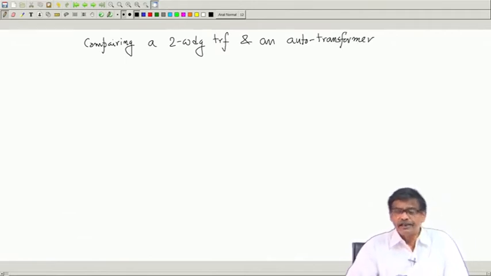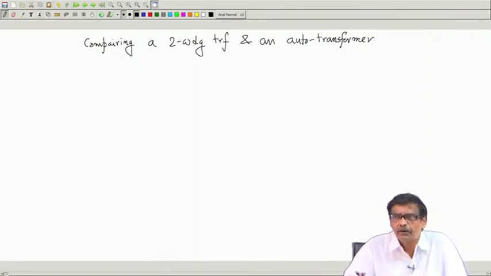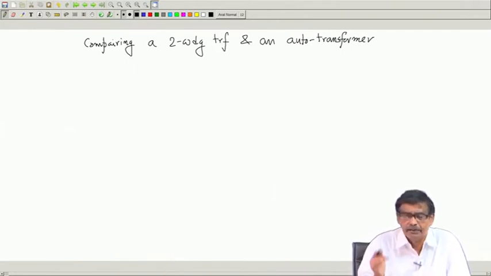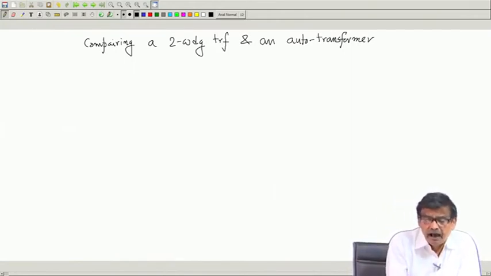Now, the moment you say I will compare two transformers, their ratings must be the same, then only can you compare two things at the same level. So what are the ratings? I demand that